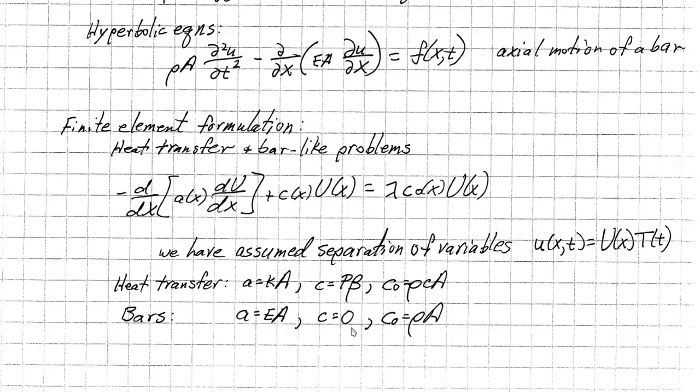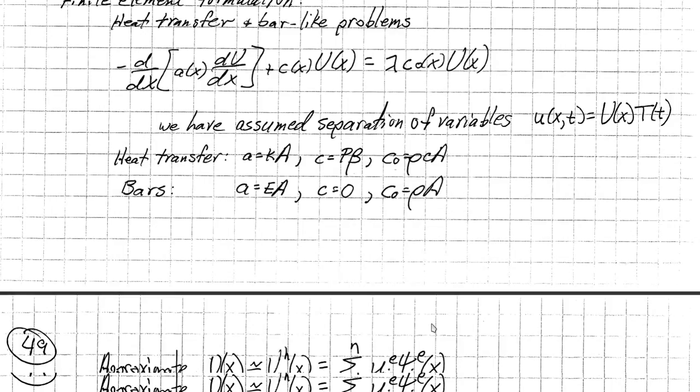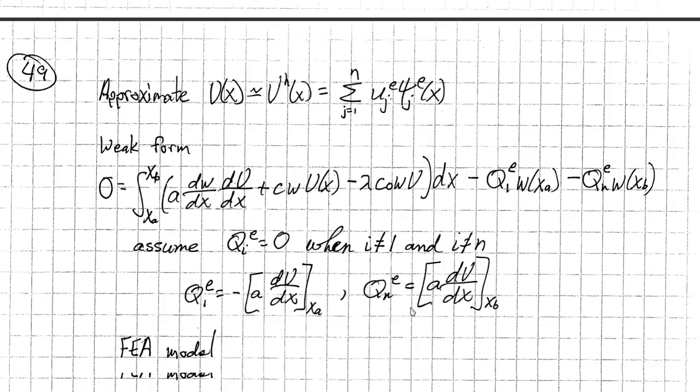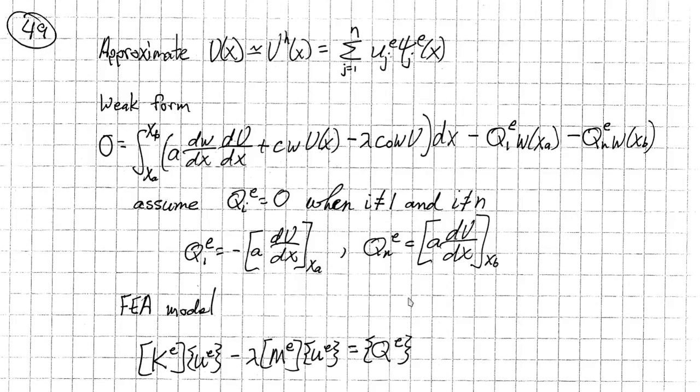Similar for bars. You can solve these problems for bars too. This is elastic modulus, cross-section area. C would be 0 in that case, and C naught is your density times your area. Alright, so remember, in the finite element problem, we're going to approximate our true solution